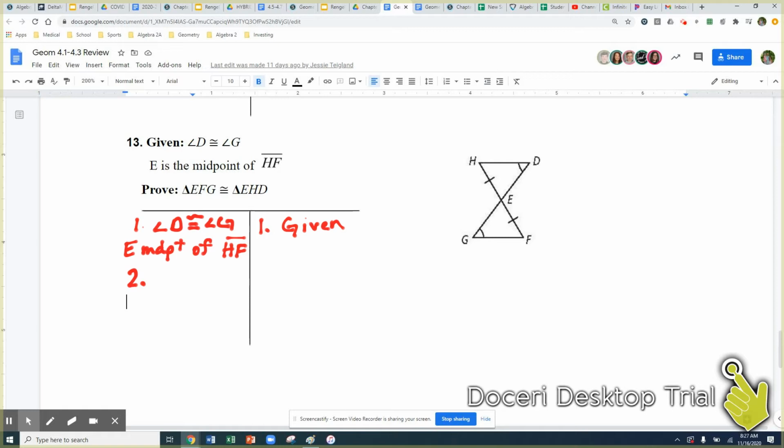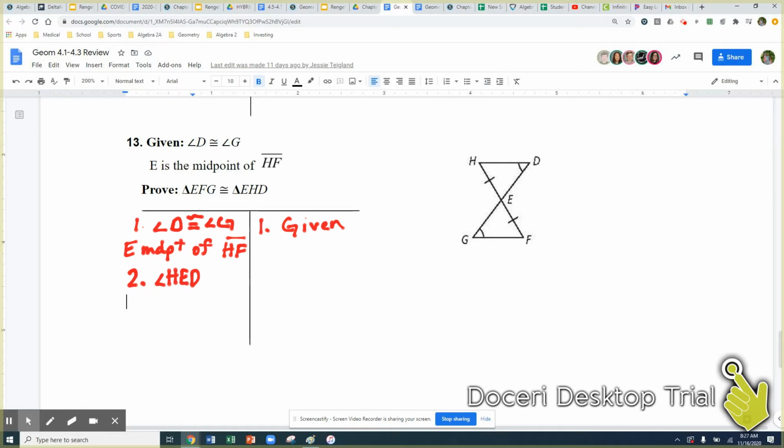Same with the reflexive property. If we see any overlapping pieces, so like two triangles sharing a side, or two angles overlapping, which we'll see as we get into more proofs later on in the chapter, we're going to prove using the reflexive property or vertical angles. Those are two things you can tell without markings. So I'm going to go ahead and do the vertical angles. Angle HED,